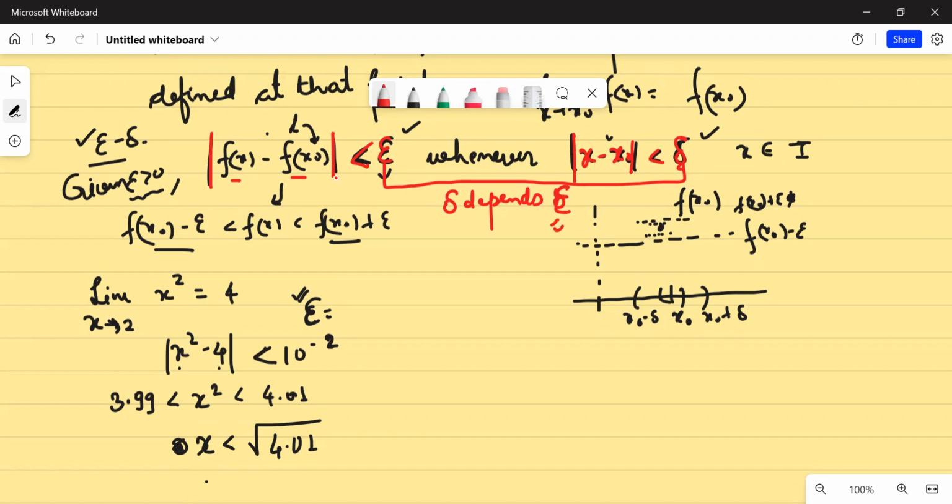So epsilon is also a tolerance limit. Delta is also a tolerance limit. So what does it say? It says that the distance between the function and f of x naught can be made small, provided the distance between x and x naught is small. So the smallness of this distance is given by epsilon. The smallness of this distance, which is in the argument, is given by delta. So for every epsilon, if I'm in a position to give you a delta, then I will say that my function is continuous. Is that clear?